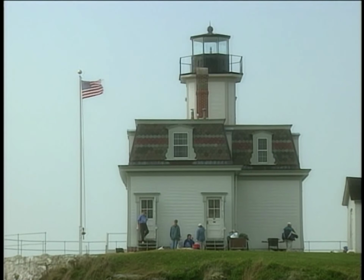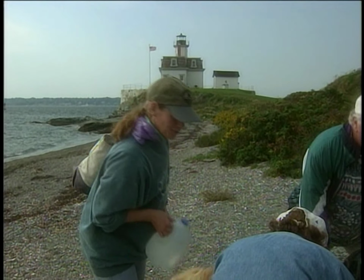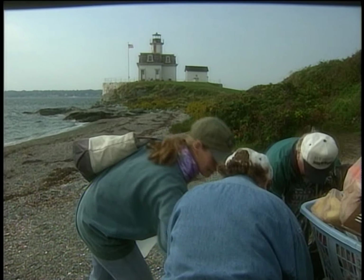There's the lighthouse. I know. You ready for it? I'm so excited. I can't handle it. So we'll get you situated in the lighthouse, and then I'll give you some idea of